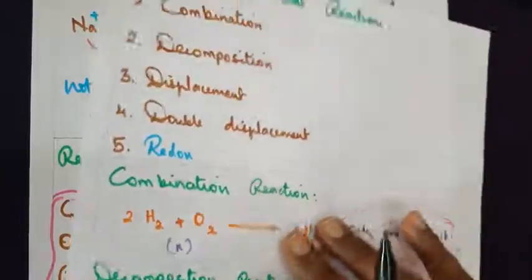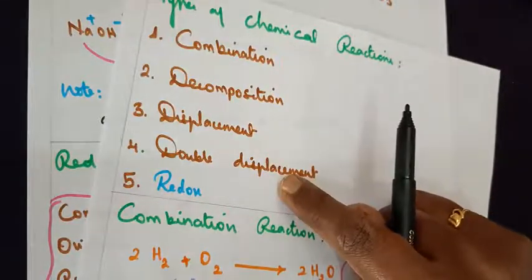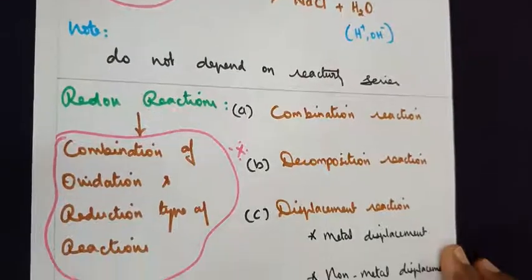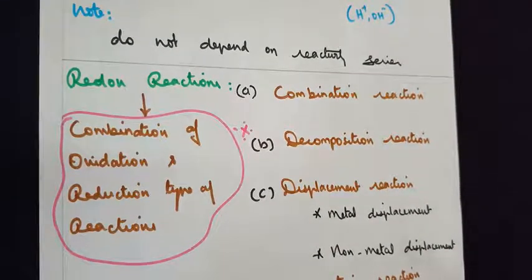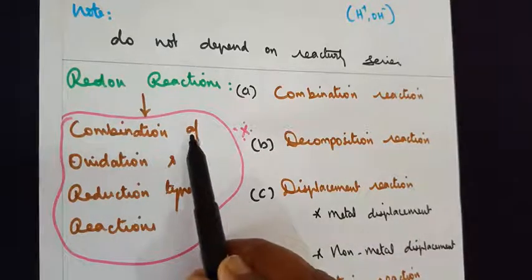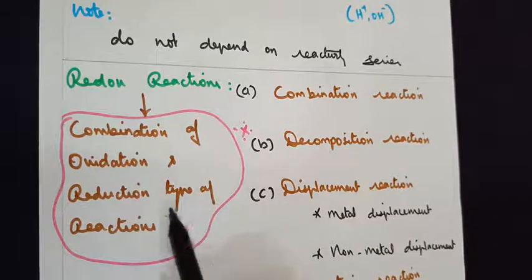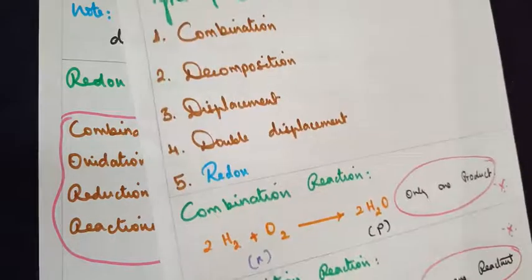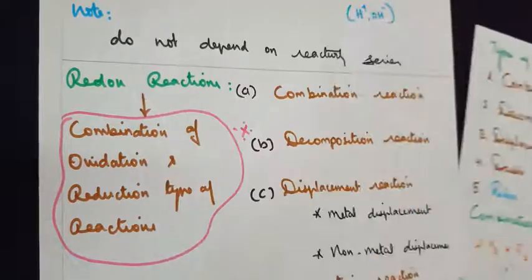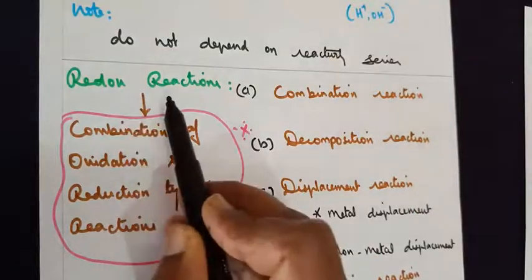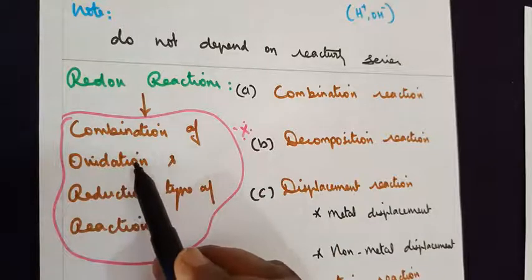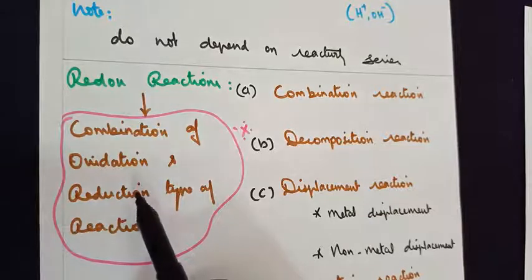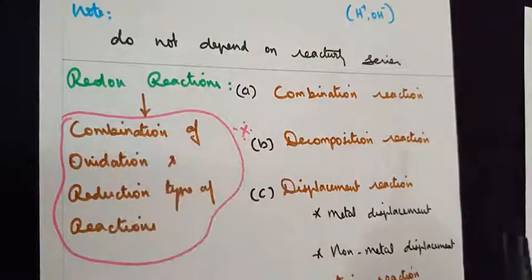So this is a quick understanding of the four types of reactions. The last one, redox type of reactions, is present in your syllabus. Now, what's the meaning of redox type of reactions? It's nothing but the combination of oxidation and reduction type of reactions within the same reaction. Do not get confused with the earlier combination; it's entirely different, I'm just putting the word together. When you hear the word redox, you will find oxidation taking place in a particular reaction, and reduction also taking place. So this is the definition for a redox type of reaction.